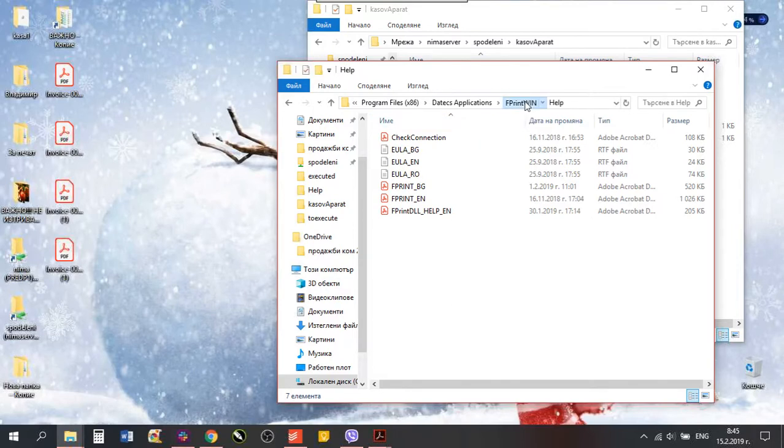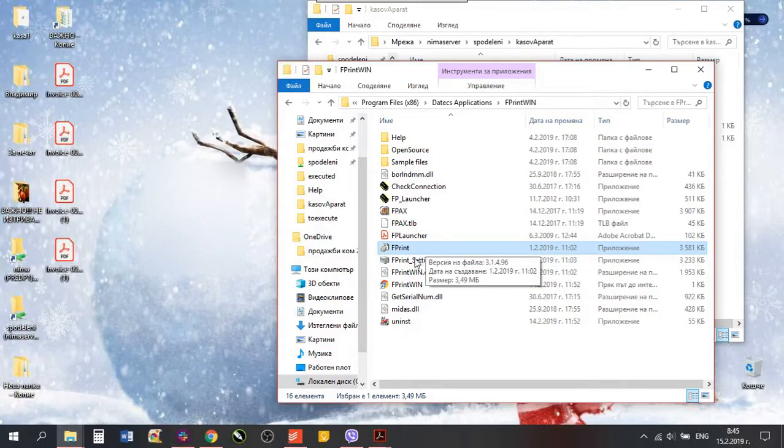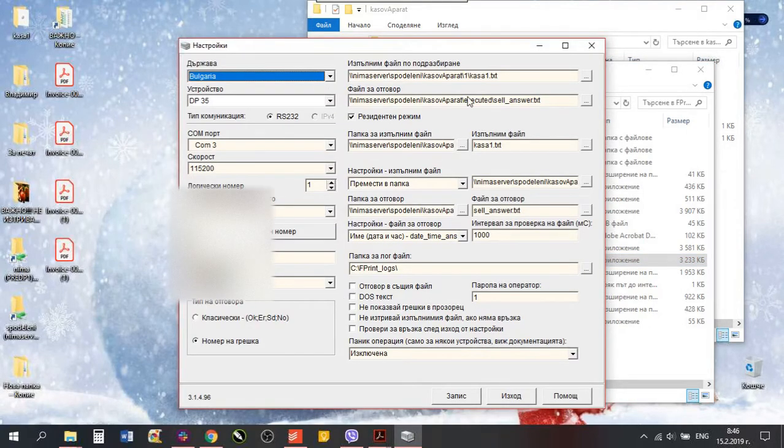Okay, so when you first launch fprint, it will create a desktop icon over here. I already deleted it, but this is the path that is leading to this software over here. The thing is that when you install it and launch it, first the settings will appear. And when you set up the settings correctly, and when you click save,